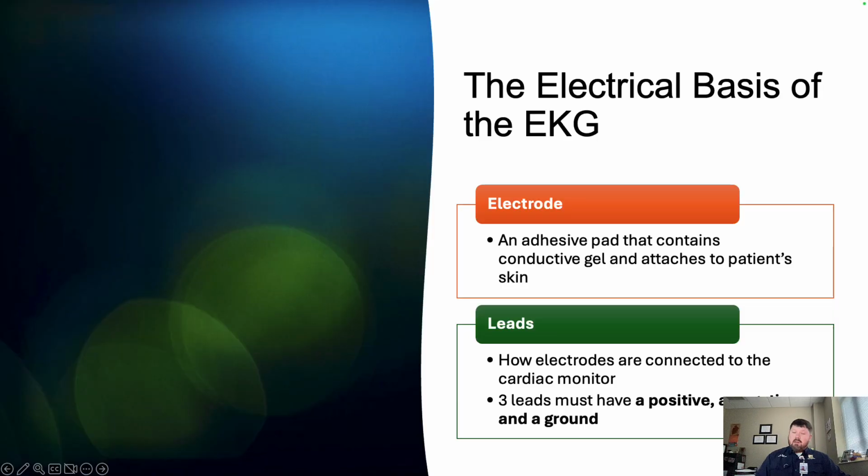So again, talking about the definitions, your electrode is your pad, your ECG pad that you actually put on, that has the special conductive gel in it, and then your leads are going to be your wires, and then the monitor will determine the positive, the negative,